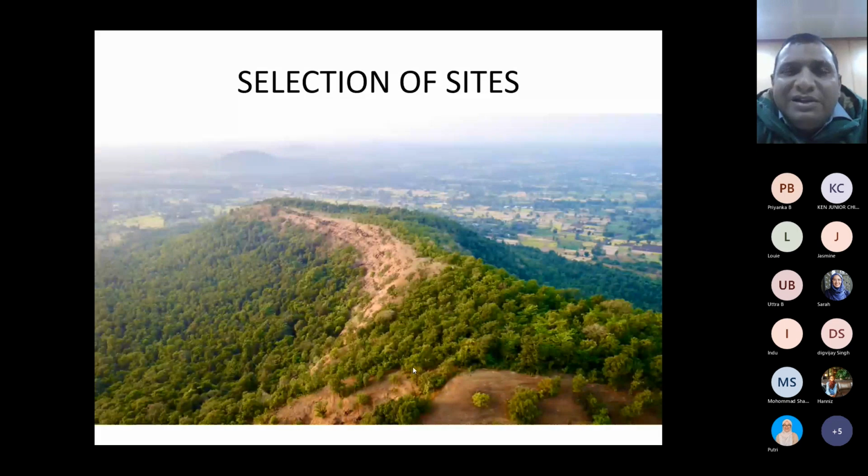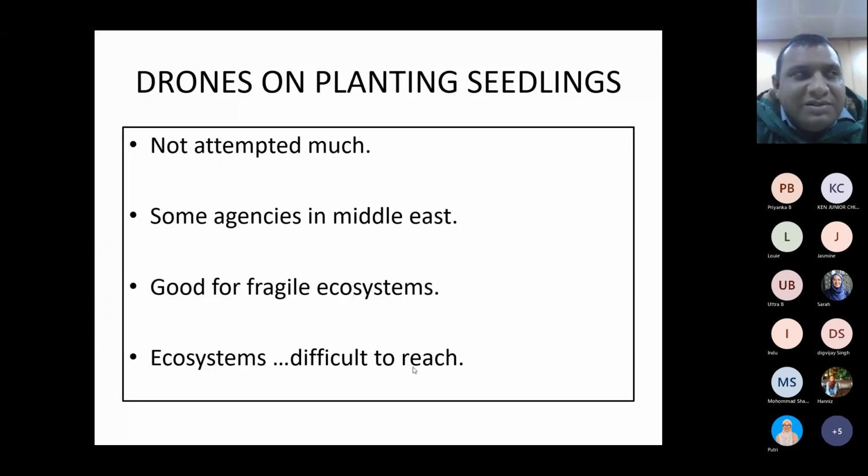Drones for planting seedlings: though much has not been done, recently I am hearing that in some Middle East countries and somewhere in Indonesia or Bali, they are going to do planting of mangrove seedlings with drones. Nothing like this has come up in India yet. But if it is done, it will be very good, especially for fragile ecosystems, and for ecosystems that are difficult to reach. It's tough to reach a particular forest or ecosystem and do the plantation activities. In such places, drones can be empowered